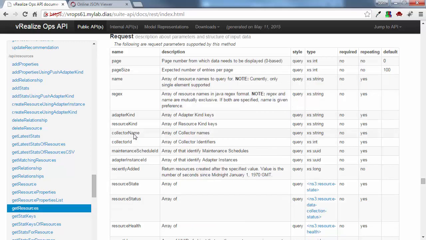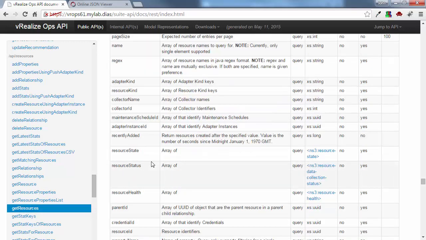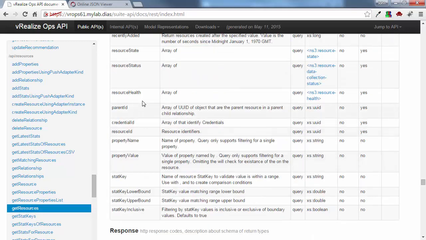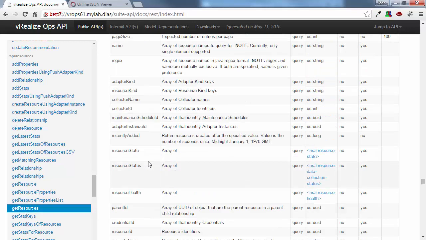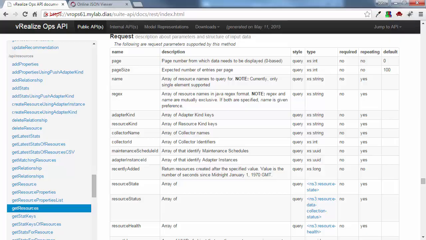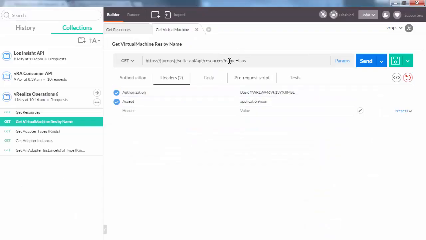I can query by regex. I can query adapter kinds, all these things that I can use to basically find resources. You can get really creative or interesting with this. It's like, by parent ID. If I know the parent ID and I want to query all the resources that are children. If I want to do it by some property, name and value, I can do that. But the simple use case that I have for this is just to do the name. So we'll do the name, send that,